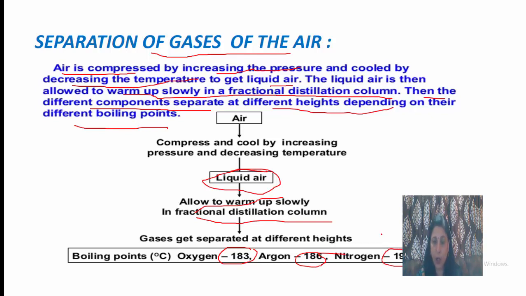The lowest boiling point is of nitrogen, that is minus 196 degrees Celsius, and the highest boiling point is of oxygen, that is minus 183 degrees Celsius. Okay, these all temperatures are in degrees Celsius. So the one with the lowest boiling point will boil first and separate as vapor, then the next one, and the last one. Okay,